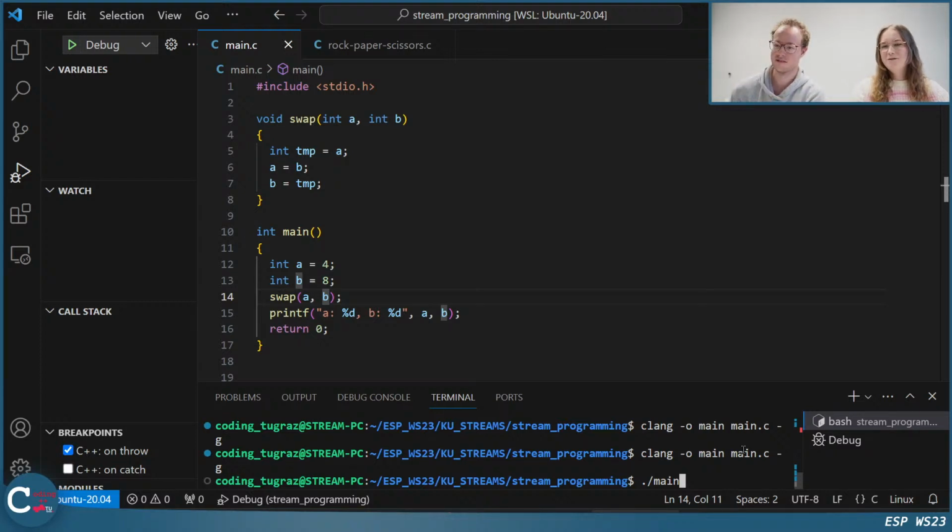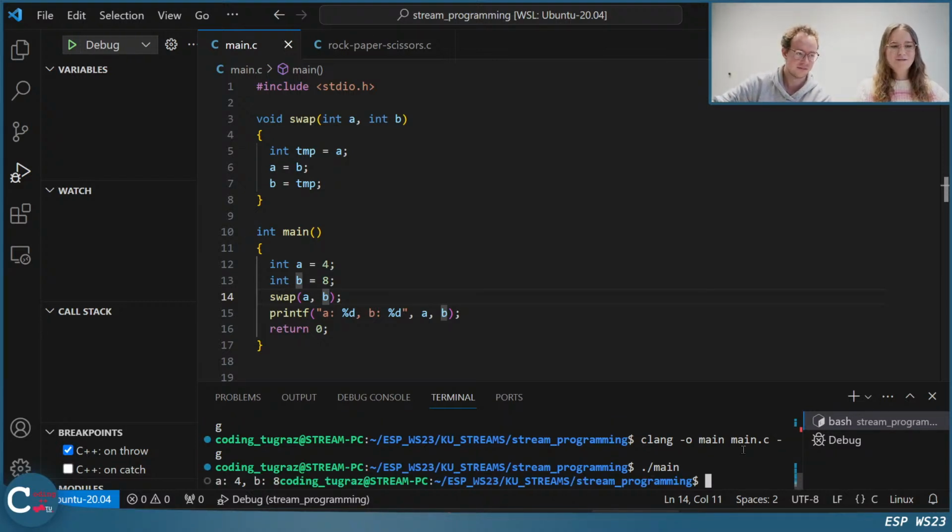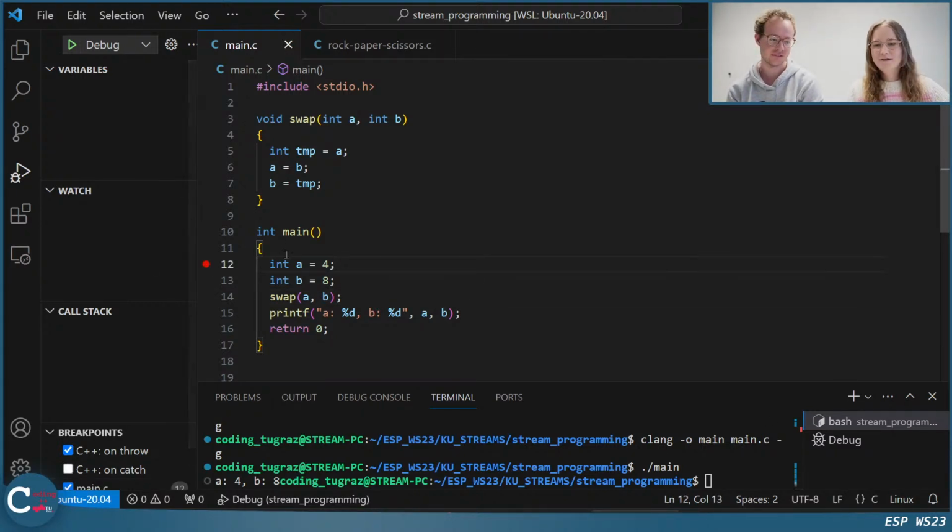Many of you are saying that they didn't change. Let's confirm that. Yes, they actually didn't change. But come on, you're studying for 2 years and you can't change the variables. What did you do wrong? Maybe let's look at this stack again and let's try to figure out what went wrong, and also use the debugger again.